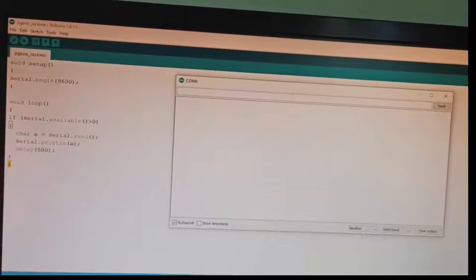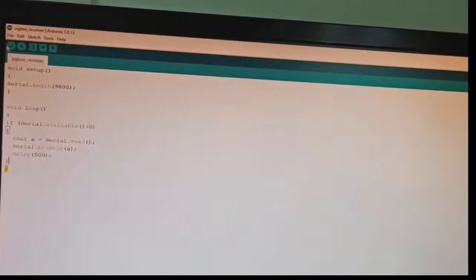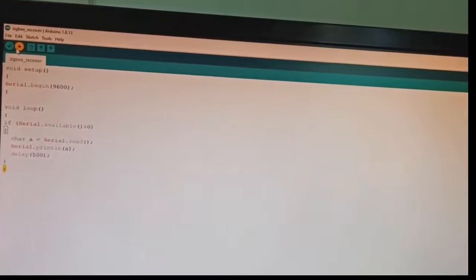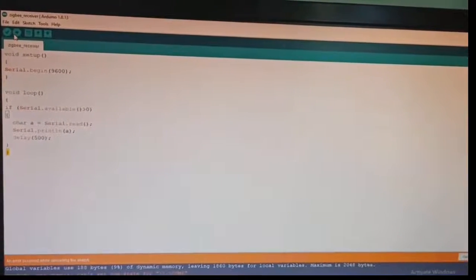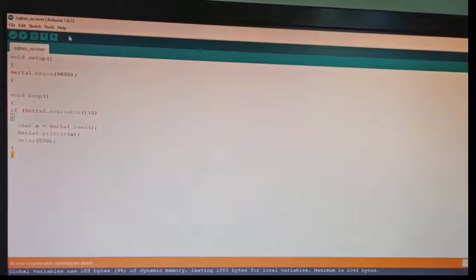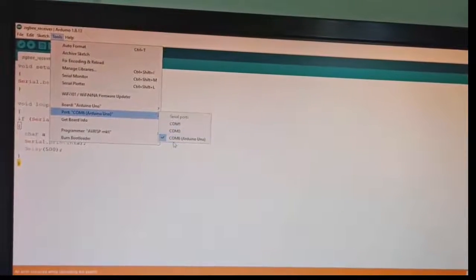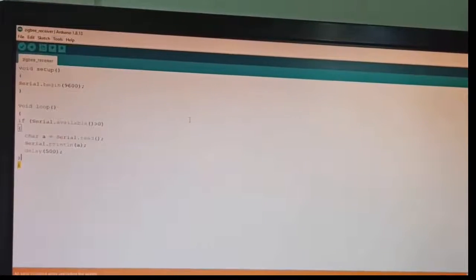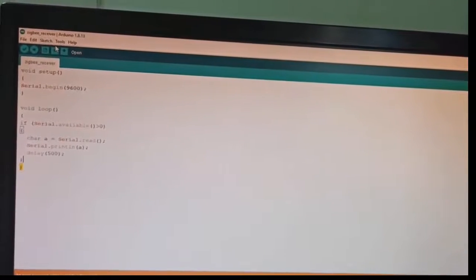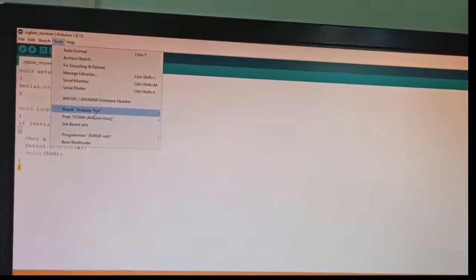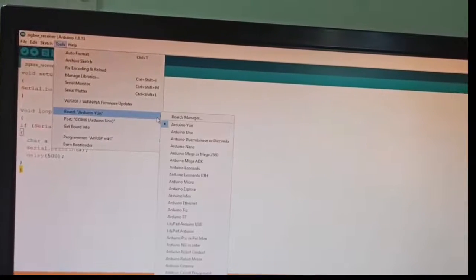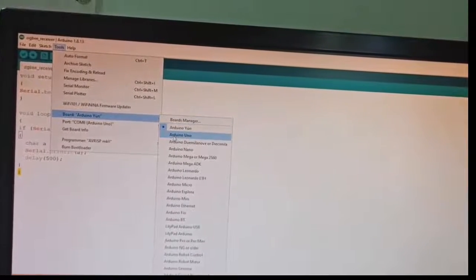So I am selecting COM6 and I am uploading the code to the COM6 port. So this is the board selection. We are using Arduino UNO, so we need to select the Arduino UNO only.